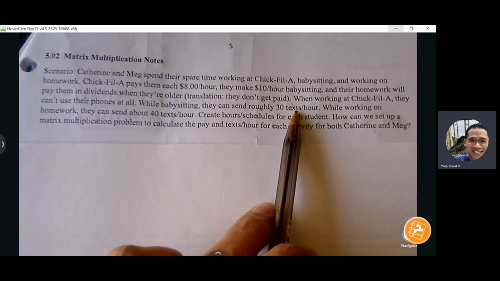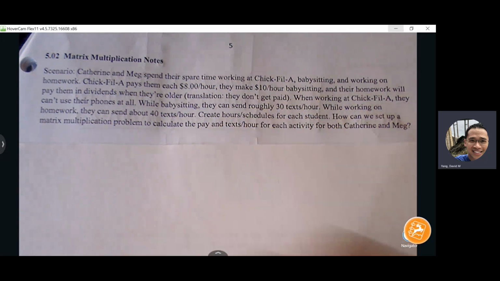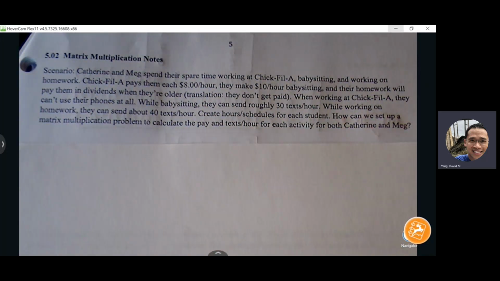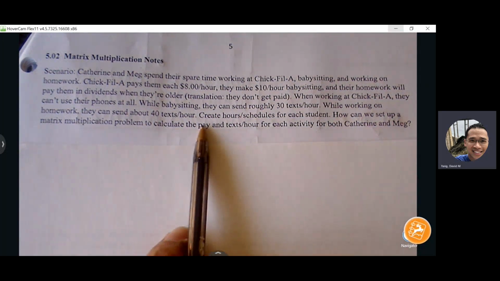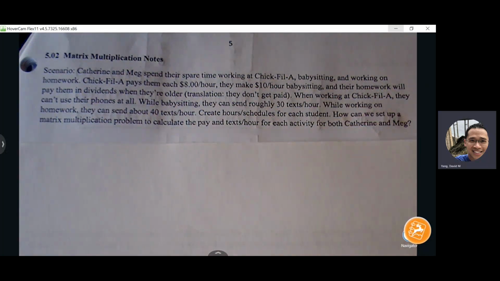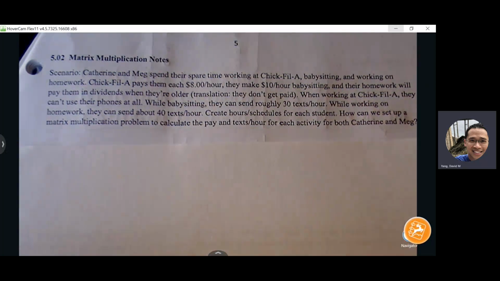Okay. When working at Chick-fil-A, they can't use their phones at all. While babysitting, they can send roughly 30 texts per hour. While working on homework, they can send about 40 texts per hour. Create an hour schedule for each student. How can we set up matrix multiplication to calculate the pay and text hours for each activity for both Catherine and Meg? Okay, so let's start off with